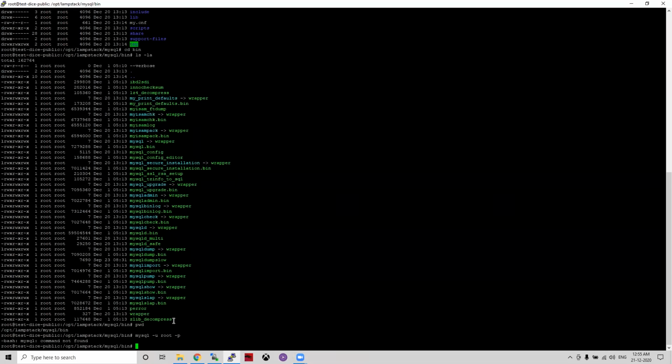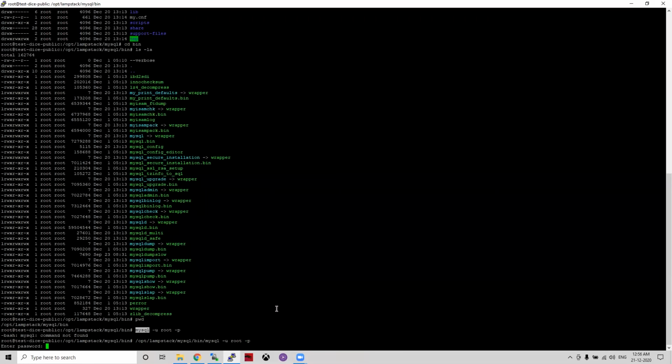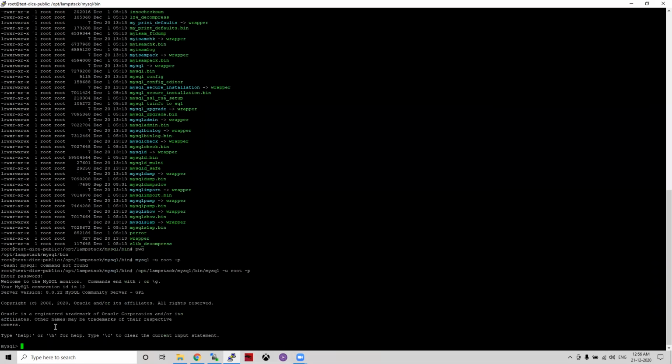So basically, we need to copy this thing, slash mysql -u root -p. So basically what happened, why didn't it work last time? Because we have not done any linking, so MySQL does not have any reference. That's why we need to give the absolute path of this. So we have given test1234, right? So you can say it is login, right?